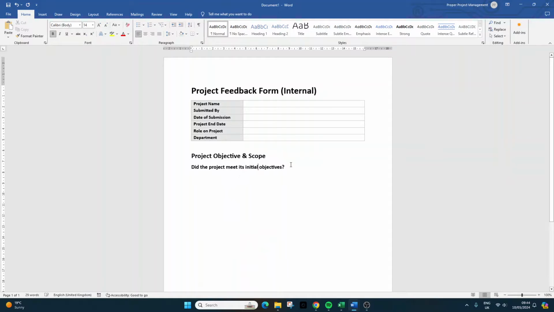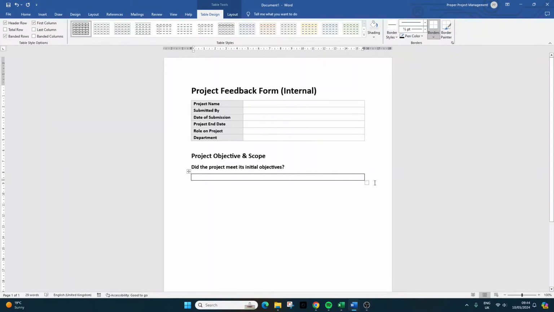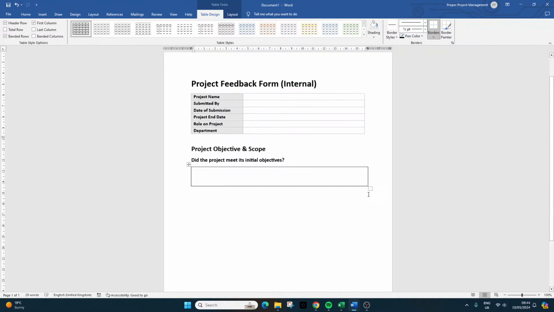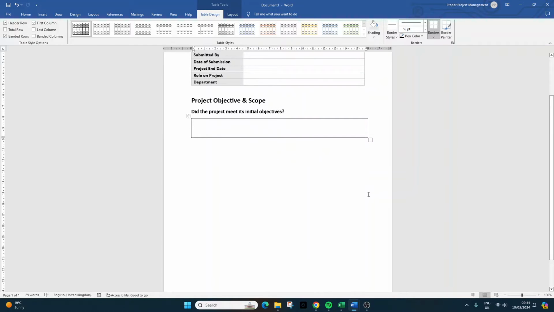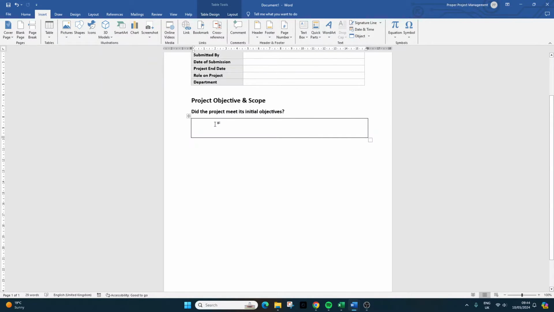If I can spell correctly. Now what I'm going to be doing here is I'm going to press space, insert table, one by one. Now this is so important. This is the functionality we're going to be leveraging for the rest of this template. So what I did there: insert table, one by one. Now, when someone comes to use this form and submit it, they can literally just type in